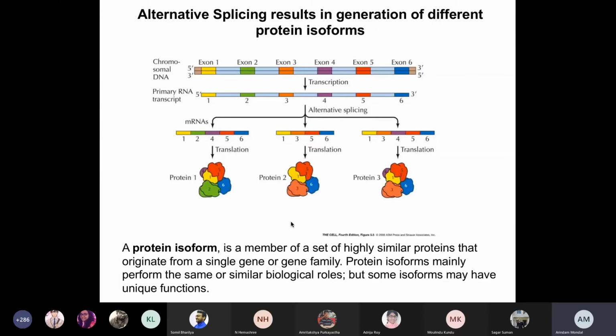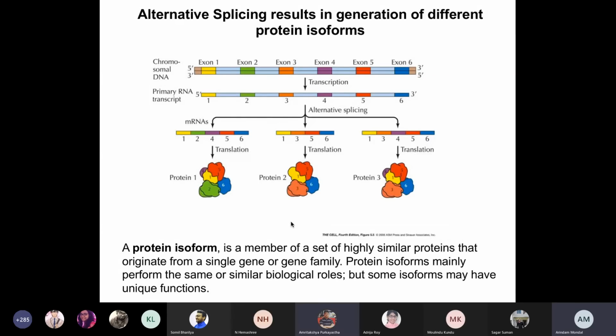So these kinds of proteins, which are highly similar to each other in terms of the structure as well as function, but not exactly the same, are known as isoforms. Okay, so that's why in the case of higher eukaryotes, you have higher variation of a single enzyme, which will be utilized in different portions of the body, different organelles of the body, maybe at different times of your life cycle and so on. So this is a very classic example of why our genome size is so big, because we have so many introns embedded in our genes.